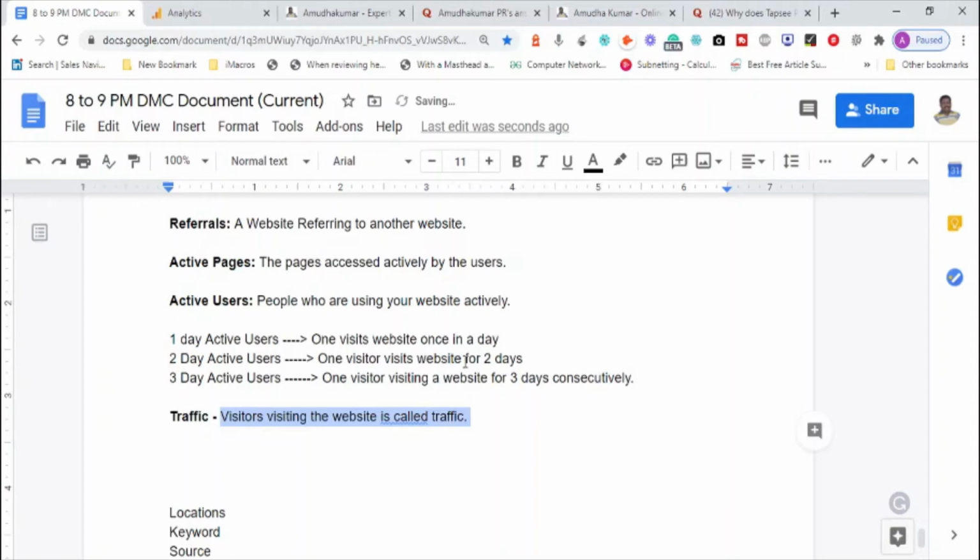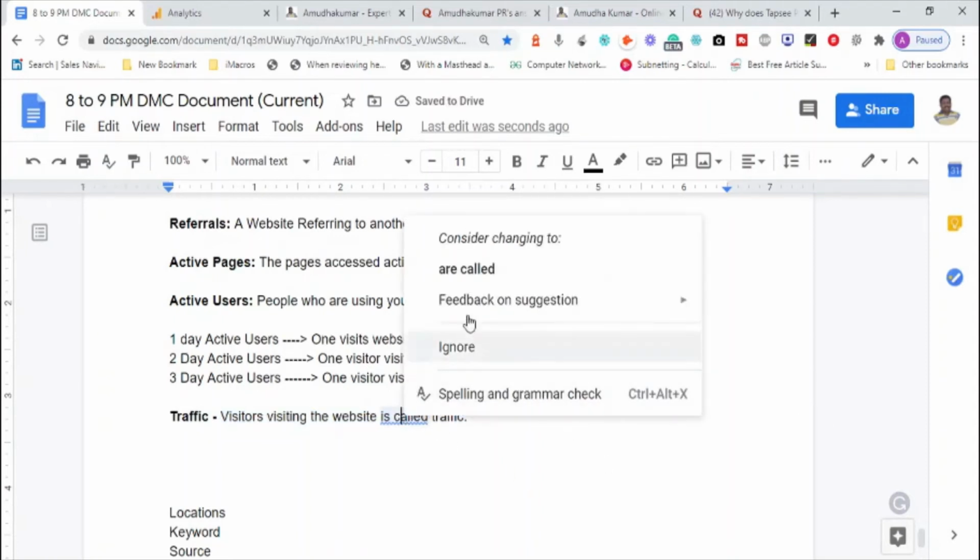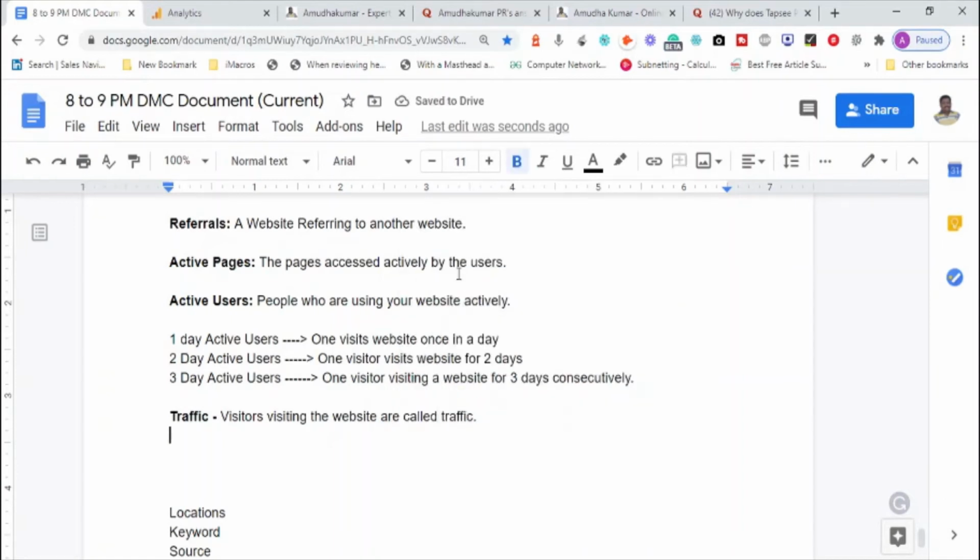So that is basically traffic. Okay, so visitors using the website is called traffic. So is your website getting traffic? People generally used to ask. People also technically say, how can I increase the traffic to my website? Traffic is nothing but the number of people who are coming to your website.